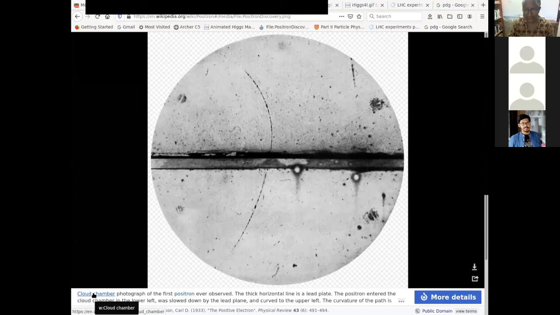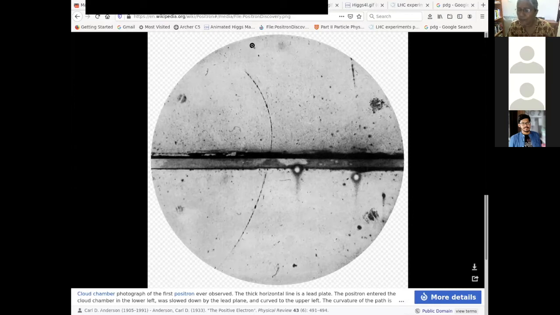What you do is that you have a chamber, and it's filled with some gas. I don't remember what kind of gas. But what happens is that when the charged particle goes through, it condenses the gas around it, and because of that, there are dots like this over here, and they show up as a track. What exactly is inside it, I don't know, or maybe I never knew or forgot, but that's basically how it works. Then, when you see this, you trigger a photographing equipment, which then actually takes a photograph of this.